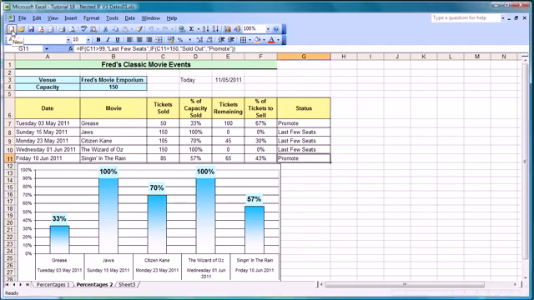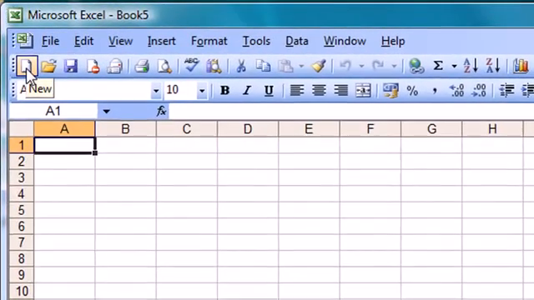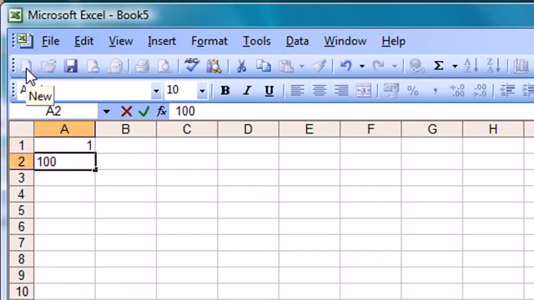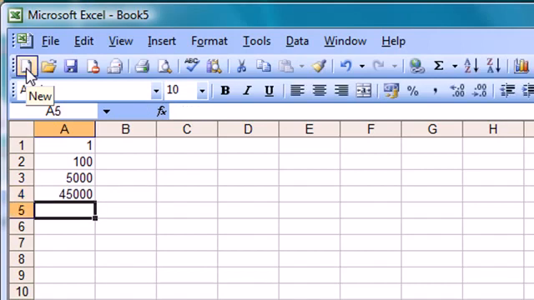new spreadsheet. Click on the new button there, and I'm just going to first of all type in the number 1 in A1, type in number 100 in A2, type in 5,000 in A3, and I'll type in 45,000 in A4. Now, the key really to understanding Excel and dates is just to know that every number has